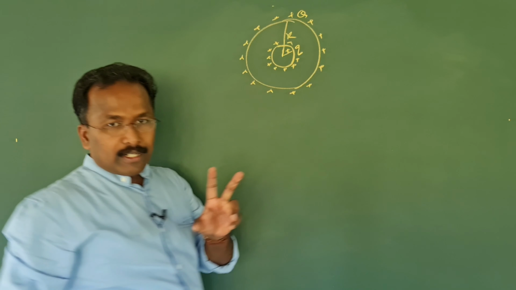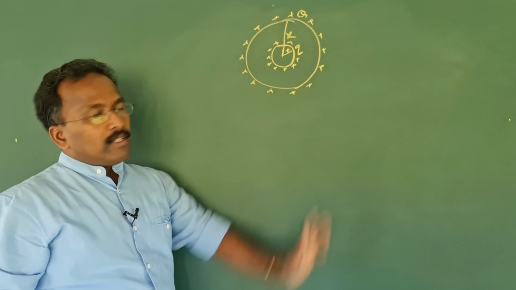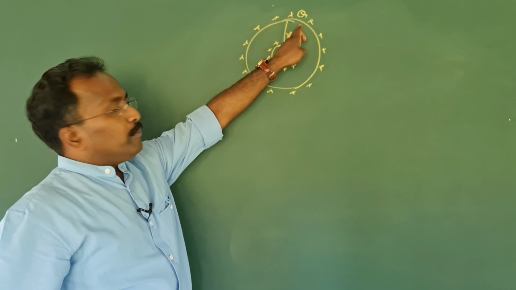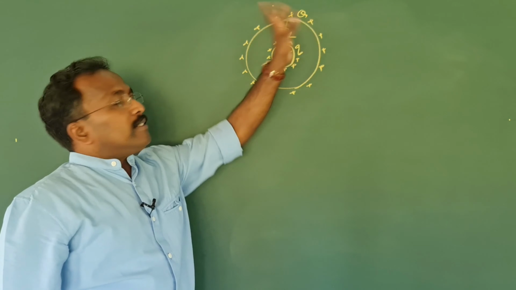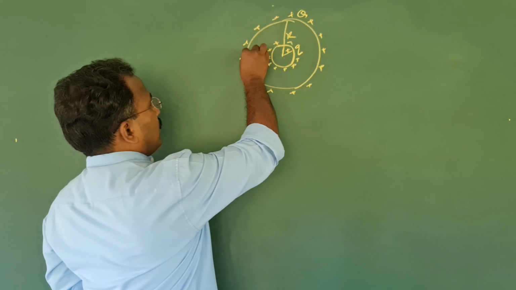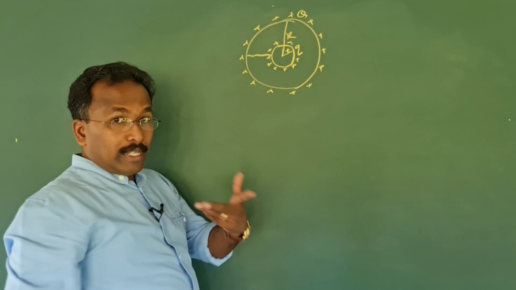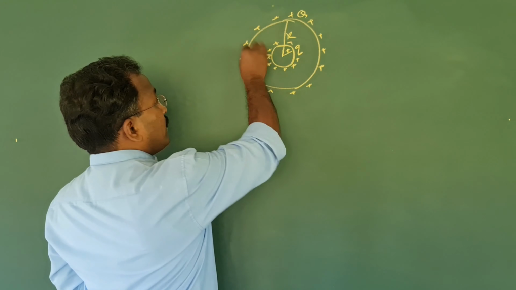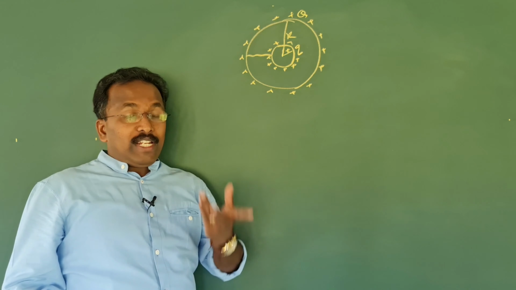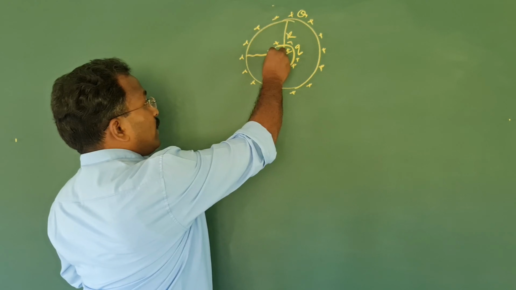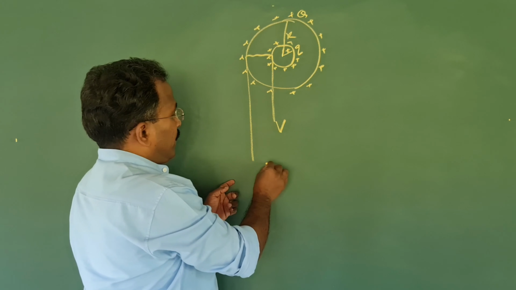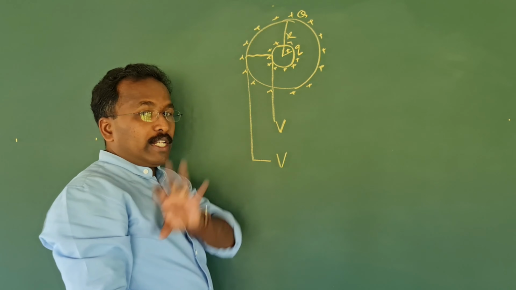Both the shells are conducting shells. This is smaller one and this is a bigger one. Smaller one has radius small r, charge on that is small q. The bigger one has capital R radius and capital Q charge. Now let's imagine they are connected like this. Using a copper wire, imagine they are connected. Will there be charge flow? That is an interesting question. Now how will you find out will there be any charge flow? So you have to calculate the potential of this point and the potential of this point. Okay. We will calculate the potential of these 2 points.